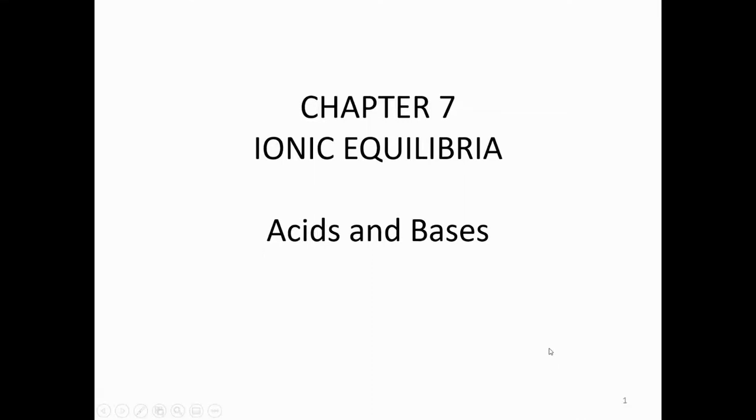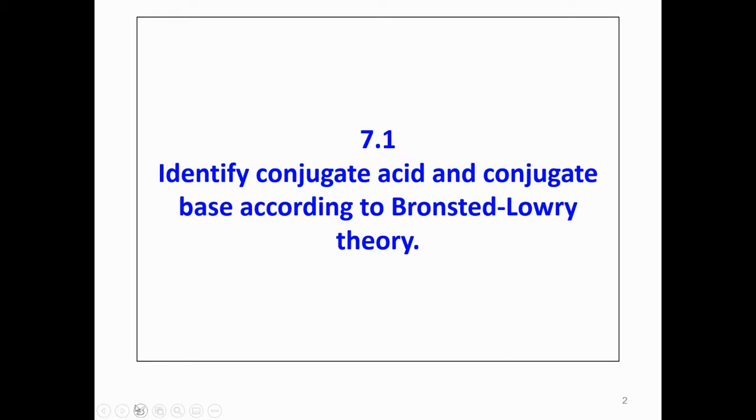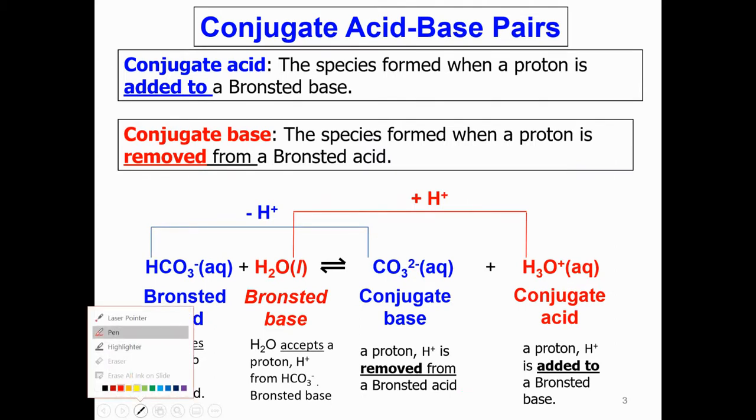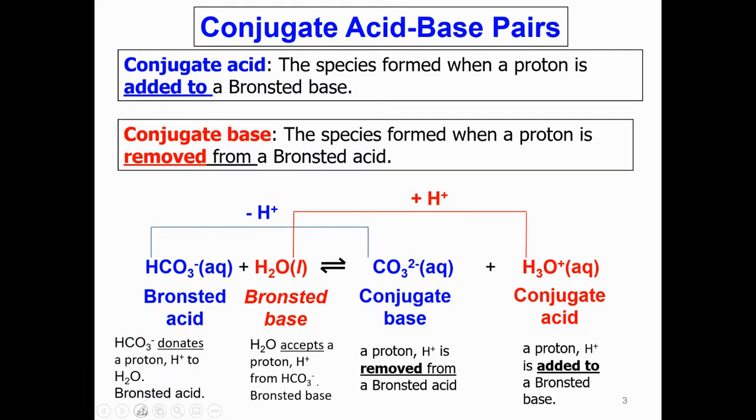Welcome to Chapter 7, Ionic Equilibria, Acid and Base. Let's learn about how to identify conjugate acid and conjugate base according to Bronsted-Lowry theory. According to Bronsted-Lowry theory,